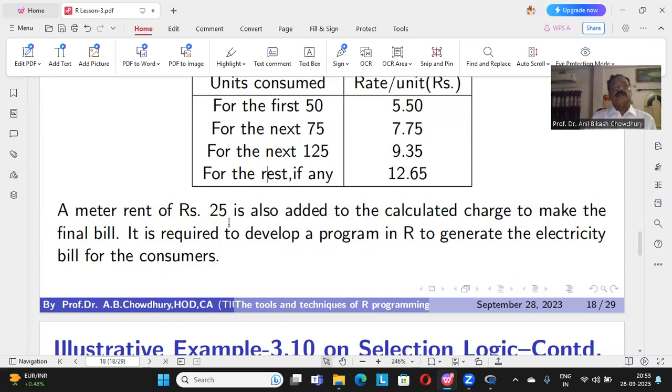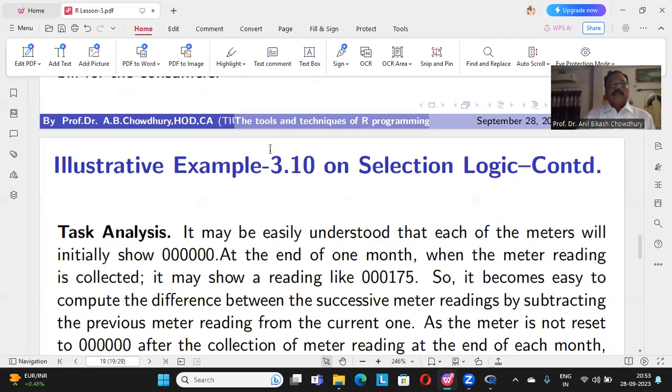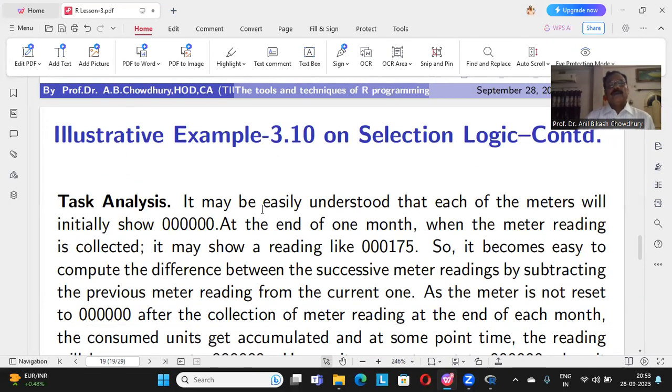A meter rent of rupees 25 is also added to the calculated charge to make the final bill. It is required to develop a program in R to generate the electricity bill for the consumers. Now, task analysis. It may be easily understood that each of the meters will initially show 000000. Initially, all zeros, because we have not yet started the consumption. At the end of 1 month, when the meter reading is collected, it may show a reading like this, 000175